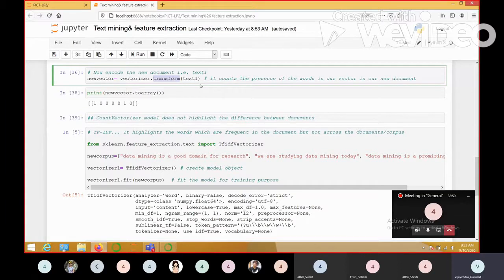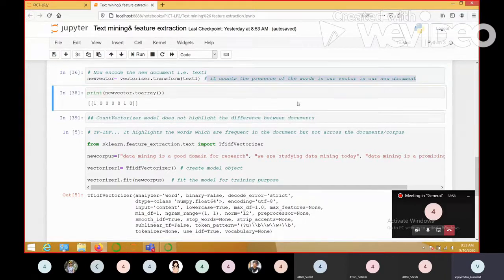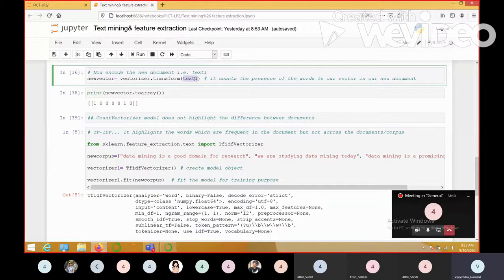So vectorizer.transform, and pass the test document to it. What it does exactly, you may read over here in the comments I have mentioned. It sees which word in the text1 document is also present in the text document.